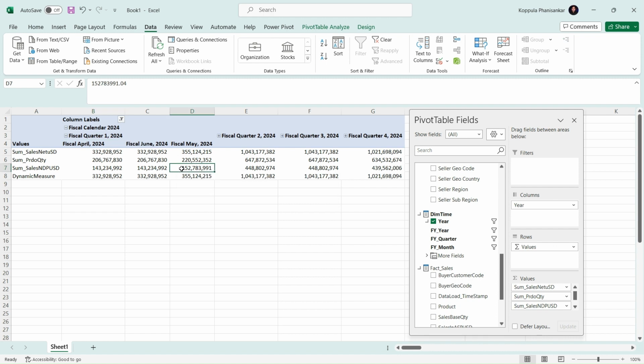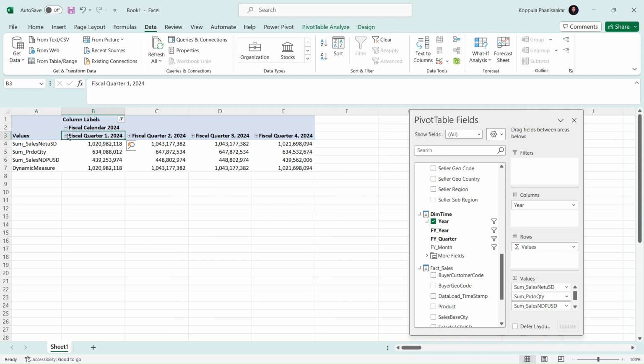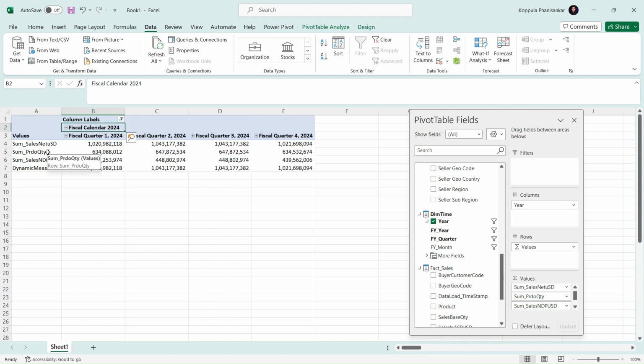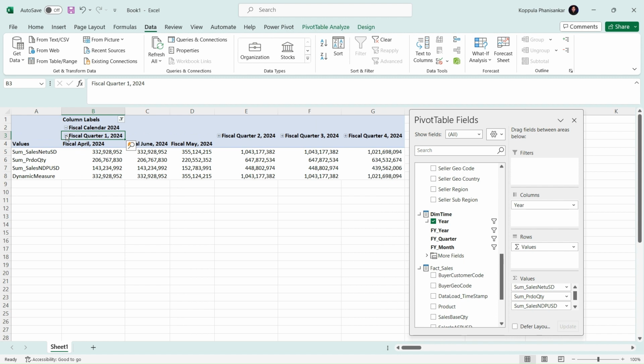based on the level. Now, my scenario is I want to create one measure which is called dynamic measure. My requirement is that presently the dynamic measure is mapped to the sum of sales net USD. But when I'm at the year level, I want to display only the sales net USD under my dynamic measure. When I expand my time hierarchy to the quarter level, I want to populate the prod quantity under the dynamic measure instead of the sales net USD. When I expand further, I want to populate my sales NDP USD under my dynamic measure. This is my requirement. So here is the query that